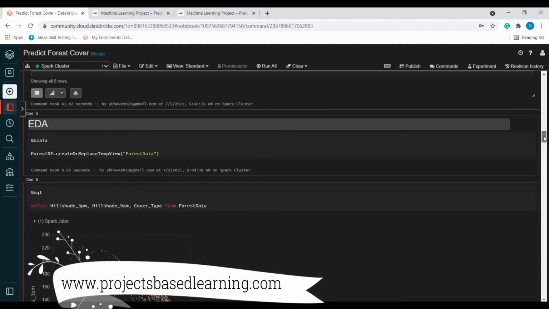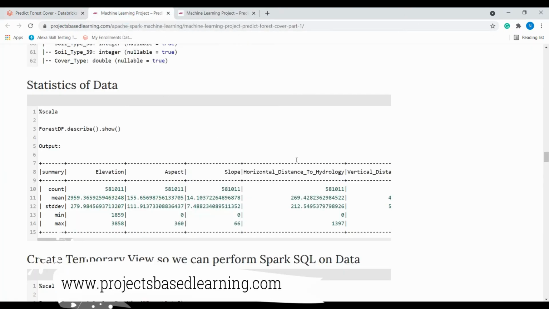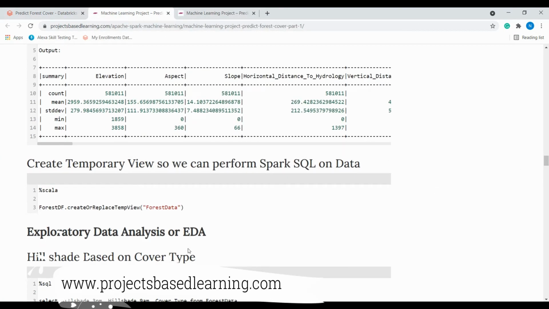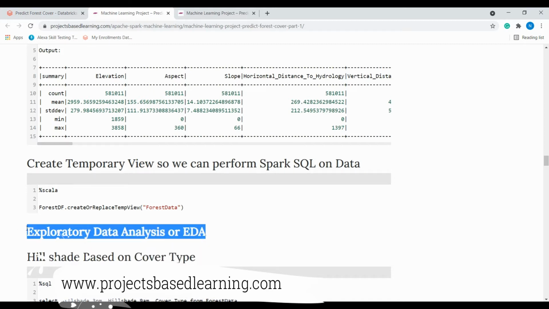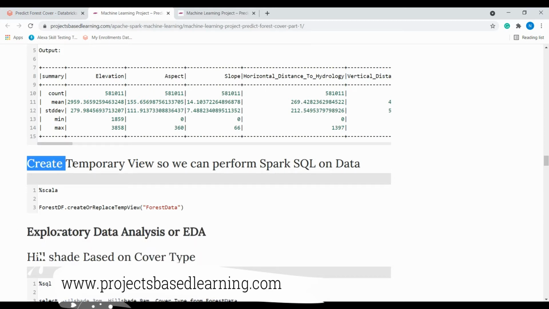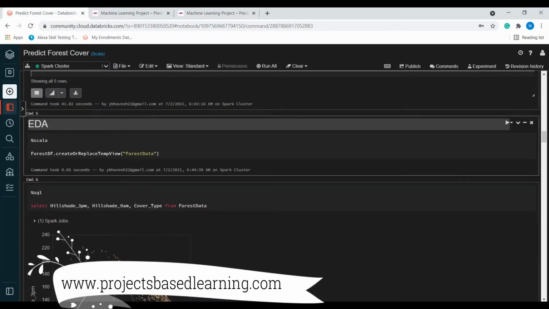The next step is performing EDA, that is, exploratory data analysis. For that we will create a temporary view in the Spark environment and name it forest data, by using forest df.createOrReplaceTempView forest data.